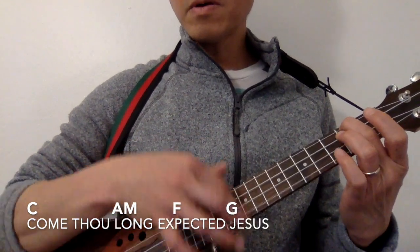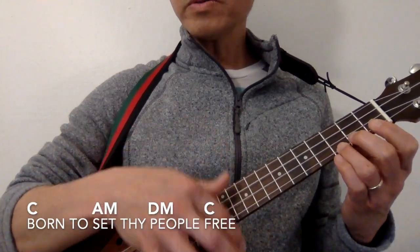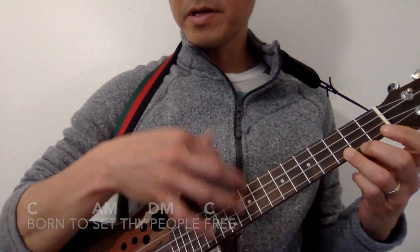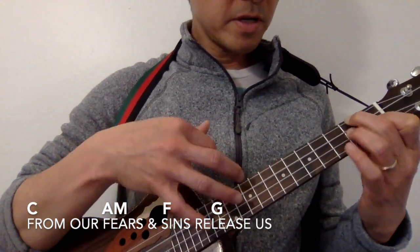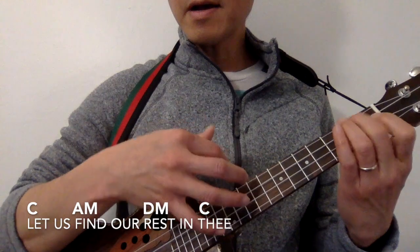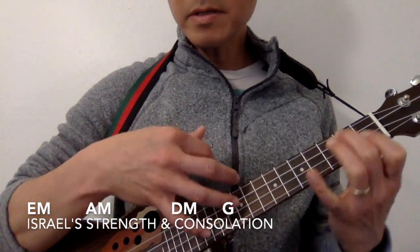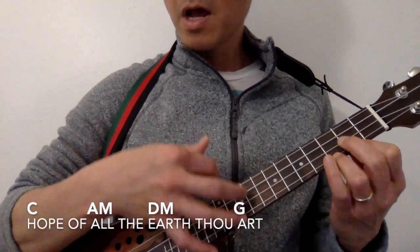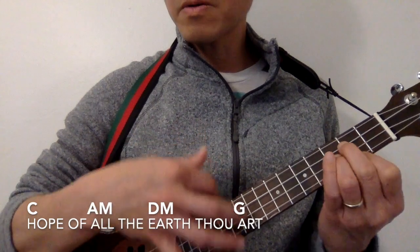Come thou long expected Jesus, born to set thy people free from our fears and sins. Release us, let us find our rest in thee. Israel's strength and consolation, hope of all the earth thou art,